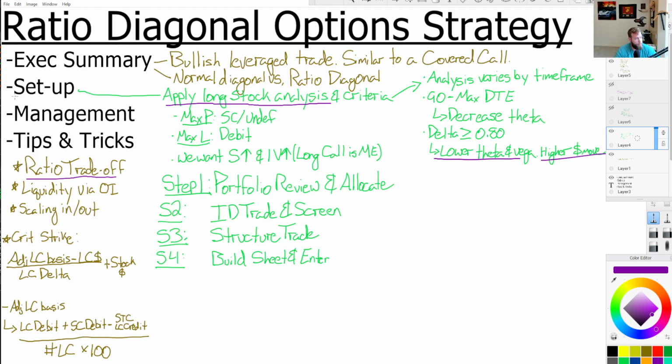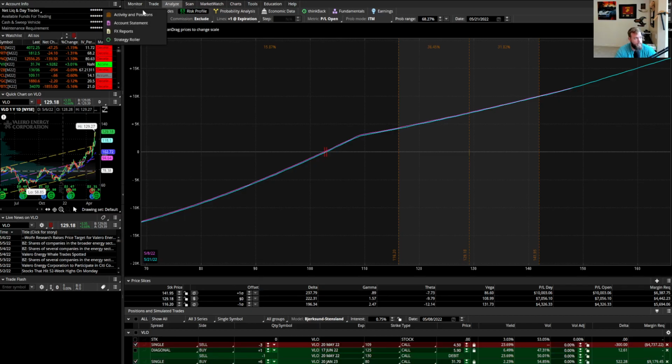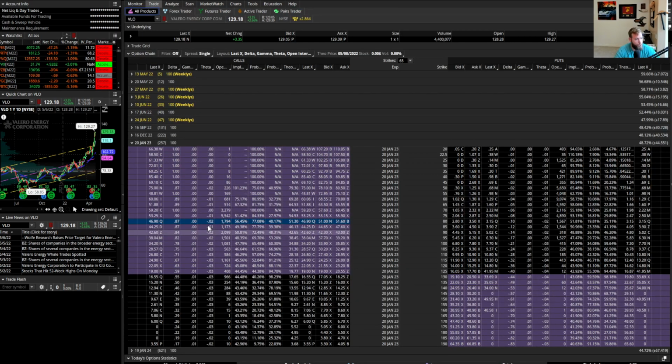Another super important part of the setup is liquidity. It is so important to check the liquidity, especially on the long calls or puts, the further out in time you go. So one of my favorite ways to do that is to check out the bid-ask spread as well as the open interest. So if you'll notice here, the open interest, there's 1,800 contracts, which is pretty deep. And for something that's 257 days out, there's a 60-cent wide bid-ask spread that is very liquid, especially for something